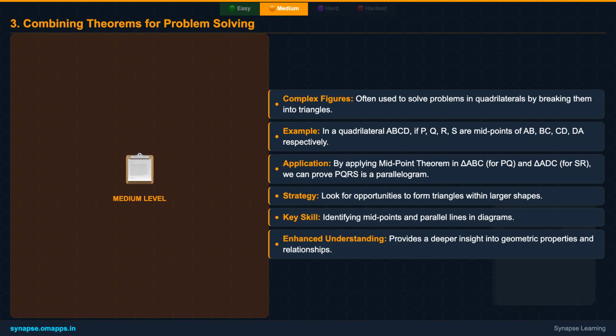By the converse of the midpoint theorem, since P is the midpoint of XY and PQ is parallel to YZ, Q must be the midpoint of XZ. Therefore, XQ is simply half of XZ, which means XQ is 6 centimeters. These theorems often work hand in hand, helping us find unknown lengths or prove properties in more complex figures by breaking them down into simpler triangles.